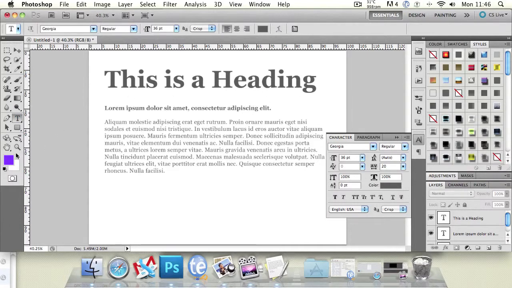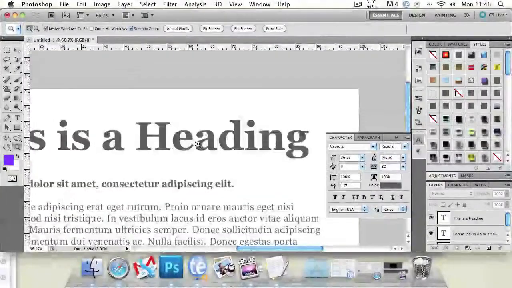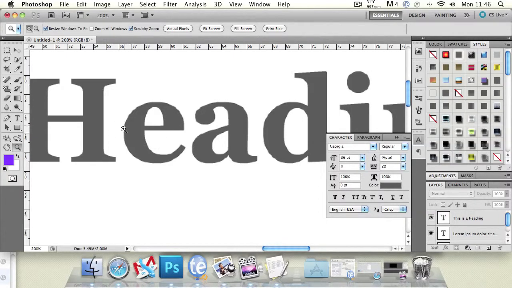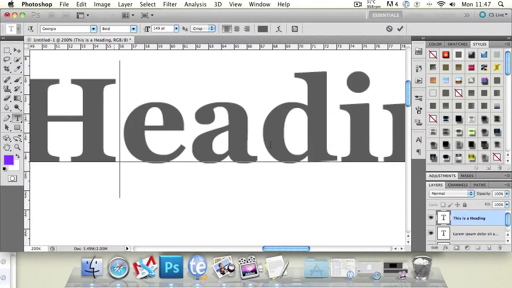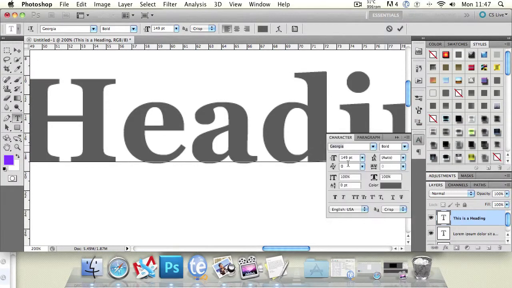So then let's have a look at kerning. Now you'll notice on our heading that some of the characters don't have the same amount of space between them, and that is because of the way fonts are made digitally. They have slightly different ways of being rendered. The computer has to do some calculation to space out elements, and different characters together make different spaces, basically. So we're going to try and kern our heading to give it more of a uniform look. So we go to the character panel,